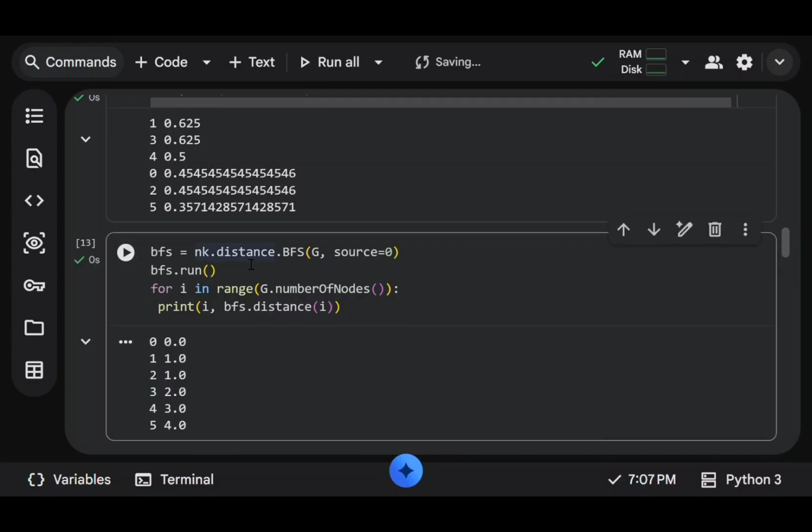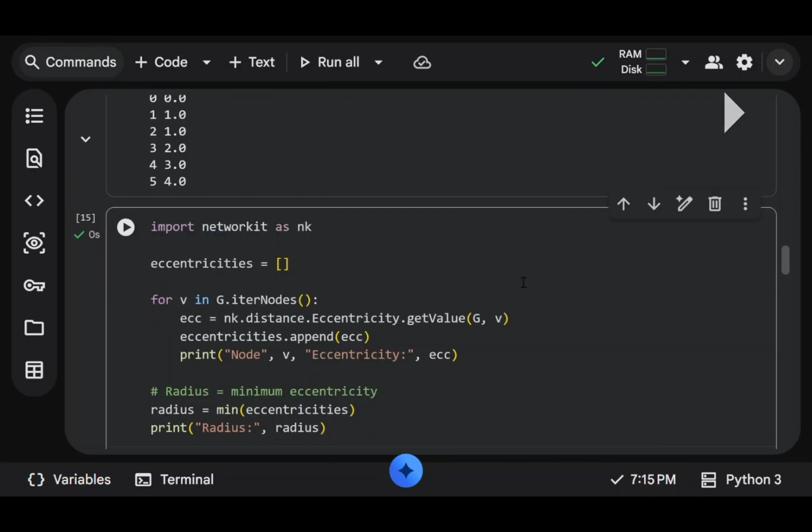Each node is assigned a distance value. A distance of 0 means the node is the source itself. A larger value indicates nodes that are further away. For example, node 5 has a distance of 4, meaning it takes 4 edges to reach 5 from node 0. Now we move from node to node distance to